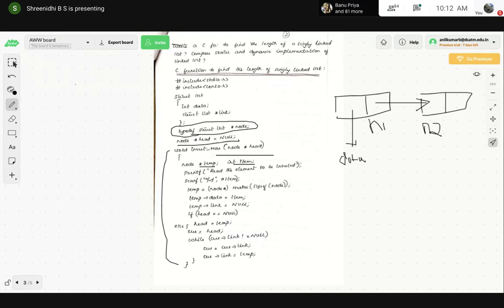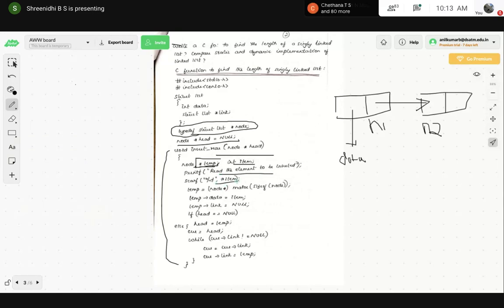Data to be inserted. Yes, correct. Students will be active, some will be inactive. Fine. Item is the data to be inserted, and star temp is nothing but the link to be created for the next node, for adding the data. Read the element that has to be inserted.